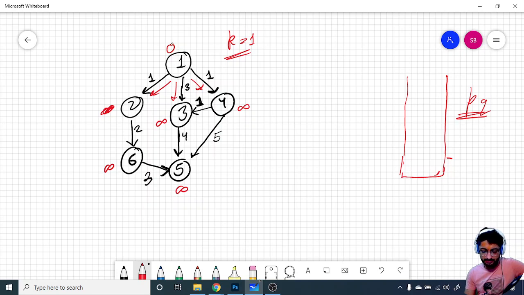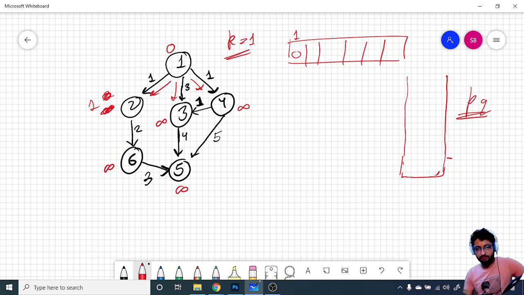So we'll also have to maintain a distance vector which is storing the minimum distances taken to get to that particular node. For 1 it is storing 0, so this distance plus this weight turns out to be 1.